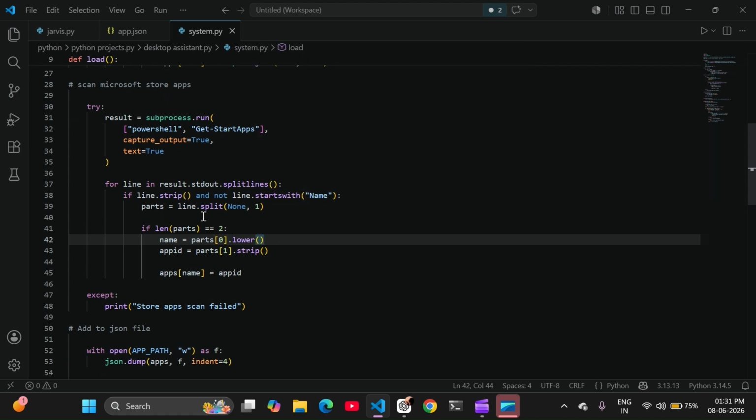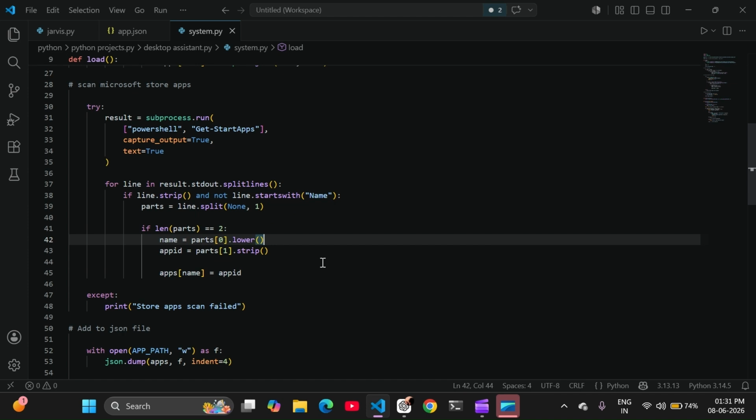Now what are the parts? In each line we are splitting into two parts by None and 1. See, what is this? None means if that line contains any space, it will split. Whenever a space comes, it will split from there. And how many times do we repeat it?